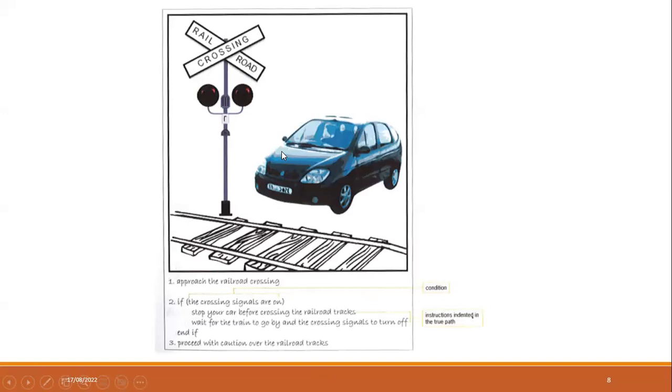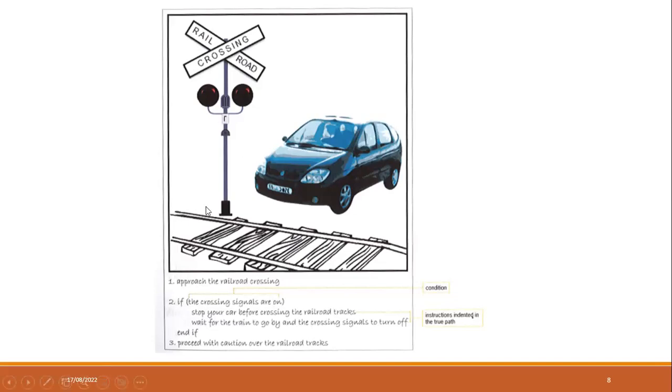Earlier, making tea and assembling a robot were sequence structures. They don't need any conditions, because the task is just assembly. We don't need to make any decision.